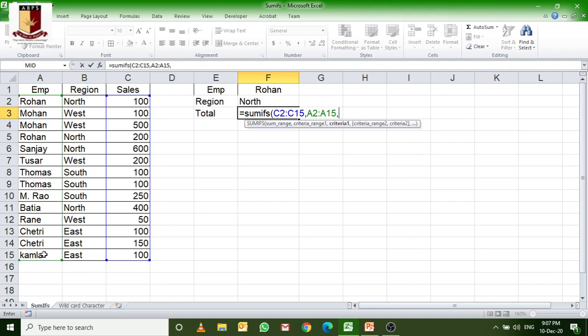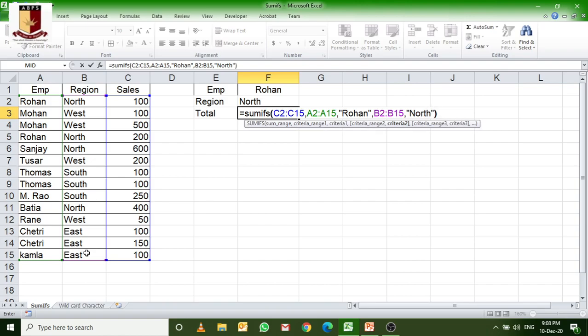Comma, suppose right now I am typing Rohan, I am not passing a cell reference, I am just typing. Okay, now criteria range 2, this is the criteria range 2 that I am searching, region, criteria is suppose north.